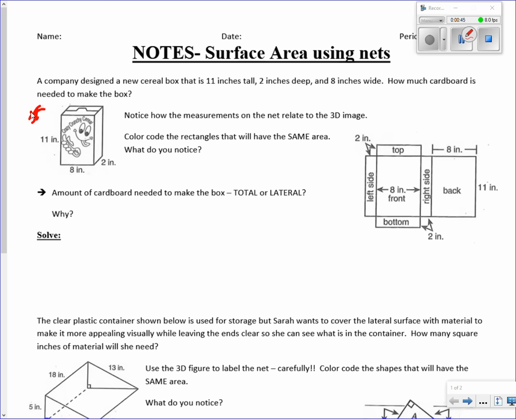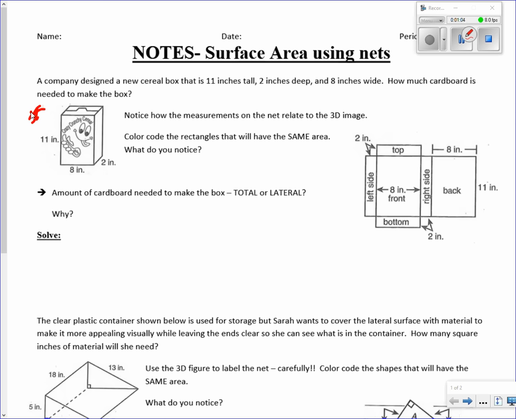So over here on the right side in our net, and net means that you just unfold the 3D shape and make it flat, okay? You see that we still have our dimensions of 2, 8, and 11, but they may be in a slightly different spot. So what we're going to do first, we are going to color code the rectangles that have the